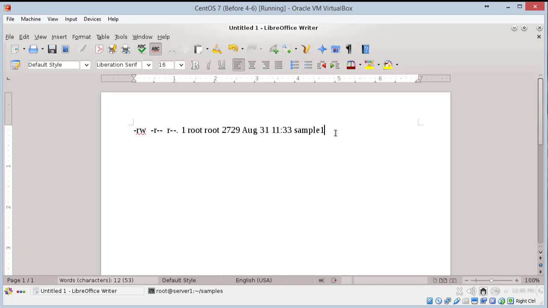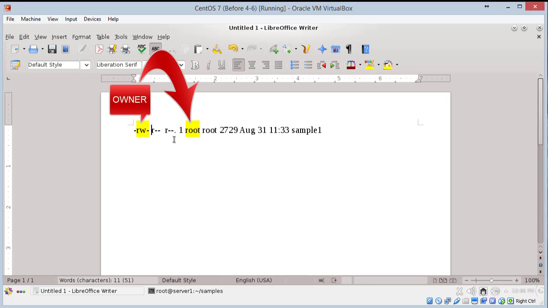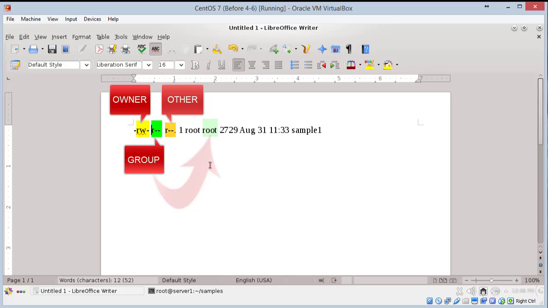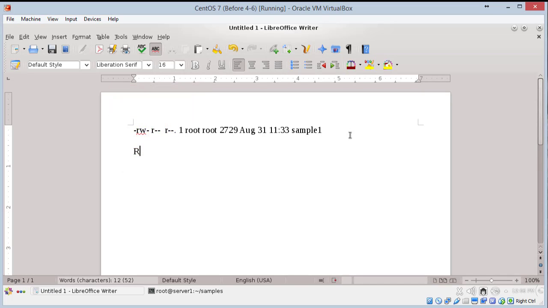The first permission, the read-write dash, is for the owner. The second permission, read, is for the root. And the last permission is for everybody else on the system. So permissions are easy: read, write, or execute. They are done in octal,